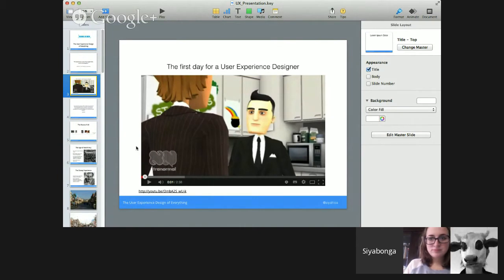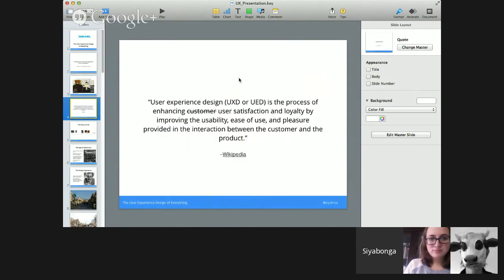So in any case, I wanted to get a formal definition of this, and I went to our good friend Wikipedia. User experience design, as they define it, is the process of enhancing customer, and I'll tell you why I did a strike through there, satisfaction and loyalty by improving the usability, ease of